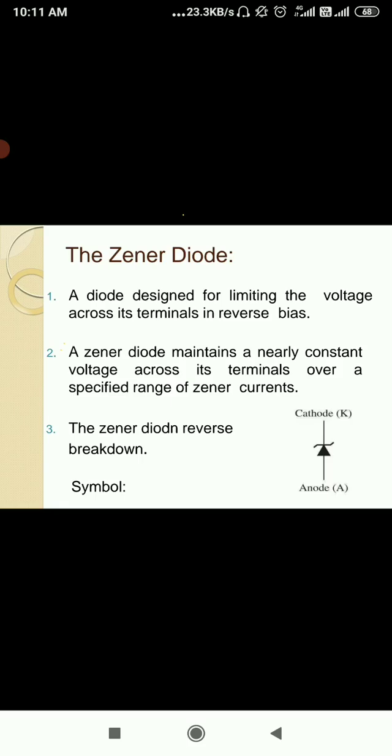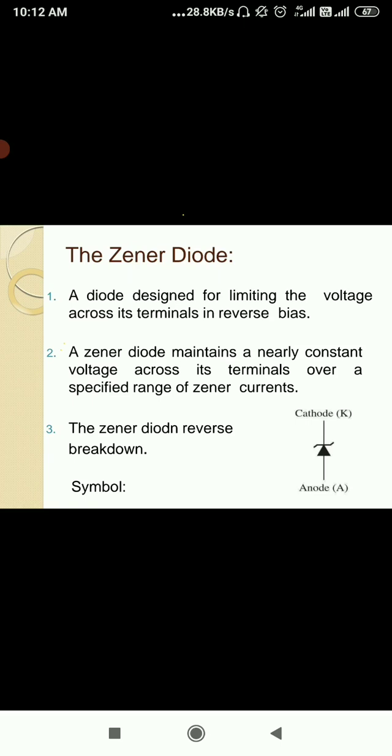So we can say Zener diode will give us constant voltage across its terminal over a specified range of Zener current. For some amount of Zener current, Zener diode will give us a constant amount of voltage,